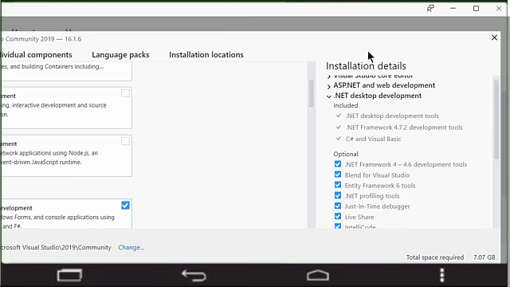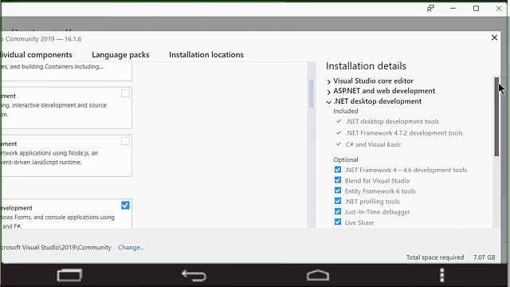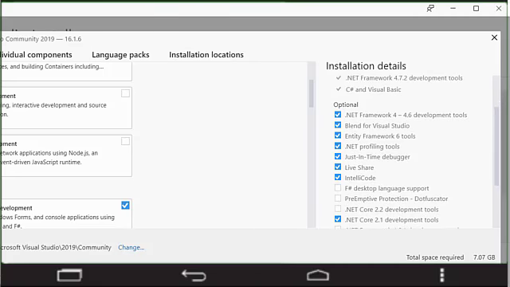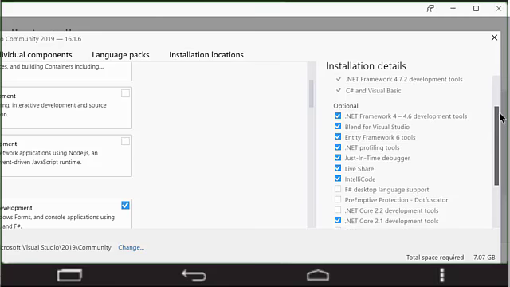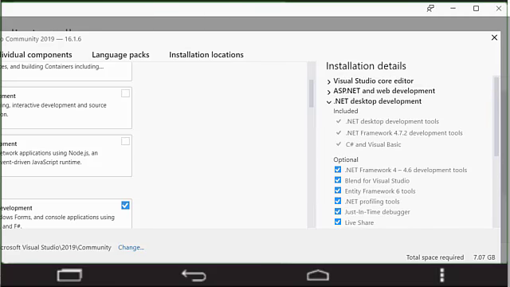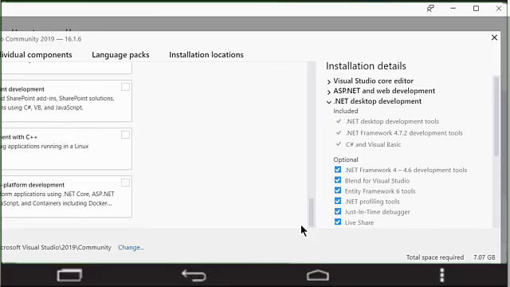So you can see now I've added 2 workloads. I've added ASP.NET, and I've also added the .NET desktop development. It's still telling me the total space required. So I need to have this space to accommodate all the components I've added to be installed with Visual Studio. I'm happy with the workloads I've added at the moment. So I'm going to click on this install button